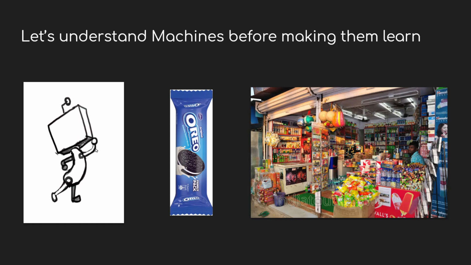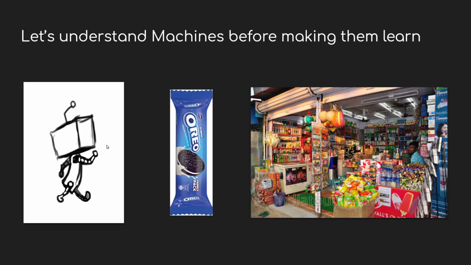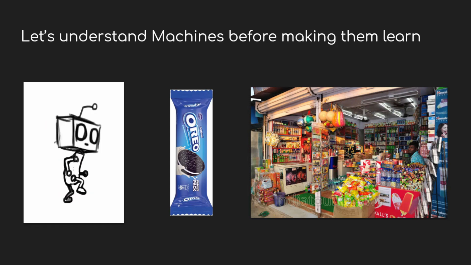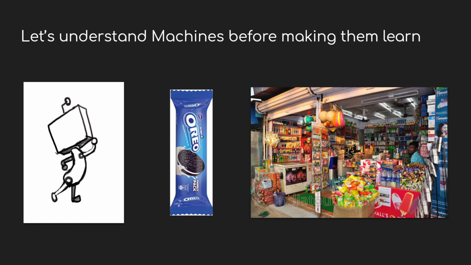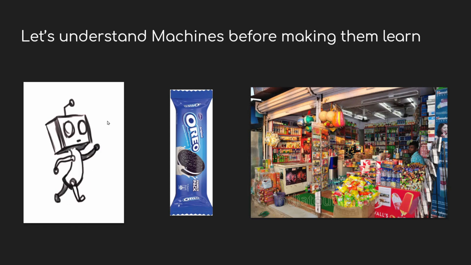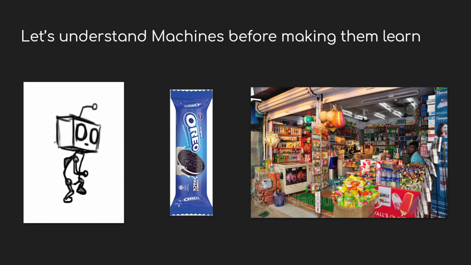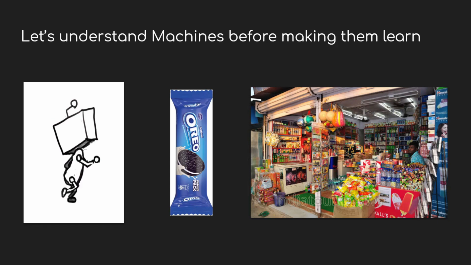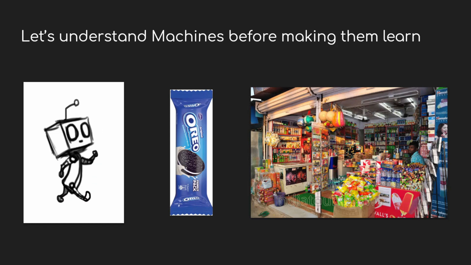Now the task for this computer is that it has to go to the shop and get me an Oreo biscuit bundle. I hope this is clear. So I have a baby computer with me, and this baby computer has to walk towards the shop. The first instruction is take 100 rupees. The second instruction is go to the shop. The third instruction is get me an Oreo biscuit. The fourth instruction is come back.